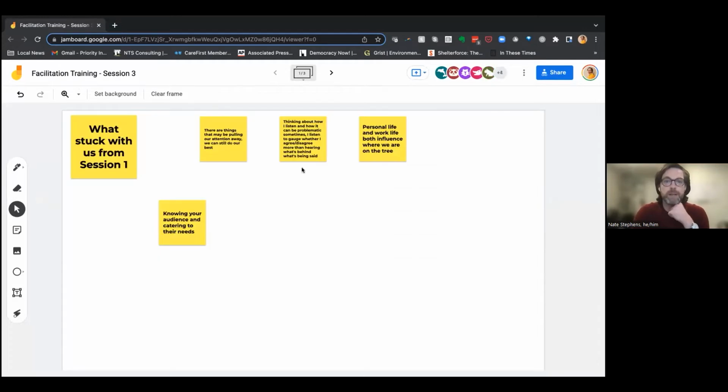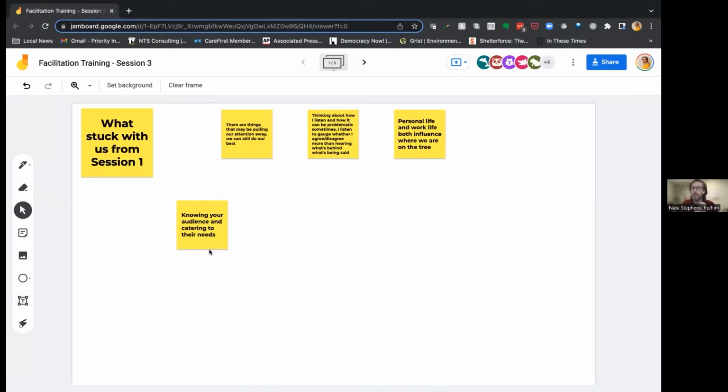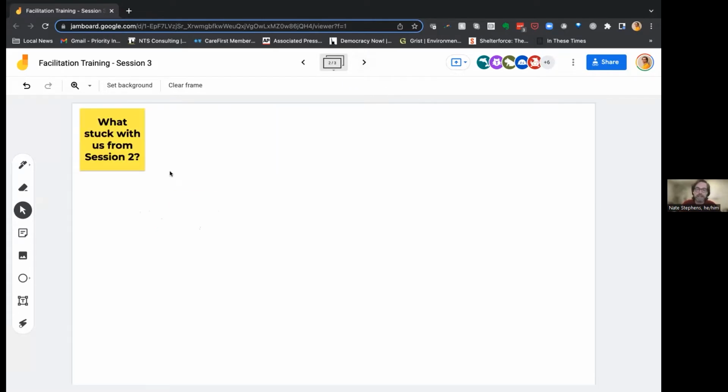Great, I'm seeing a lot of people in here. I copied over the Jamboard that we used in our last session. We just took a couple of notes about what stuck with us from session 1. So that's just here. Nobody ever has to return to it, but if somebody does want to return to it, we have an archive. And so for today's, if anybody wants to take any notes here in this one, feel free to. But also, I'd just love to hear anybody with anything to share.